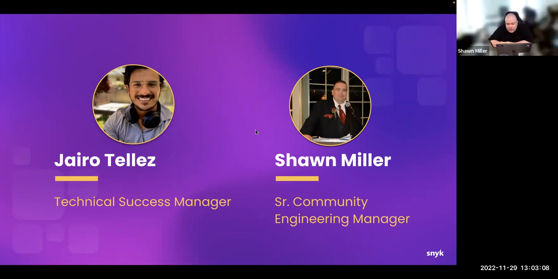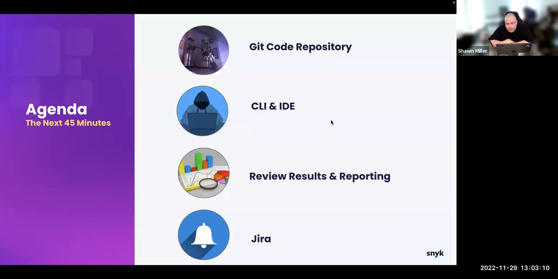For today's presentation, we're going to make a practical walkthrough of Snyk, and we're going to go through a couple of the key integrations and how you would go through results, as well as basically do issue management. So how do you look at an issue? How do you ignore an issue? How do you create a potential fix for an issue? As well as how do you create the Jira connection and log a Jira ticket directly from Snyk